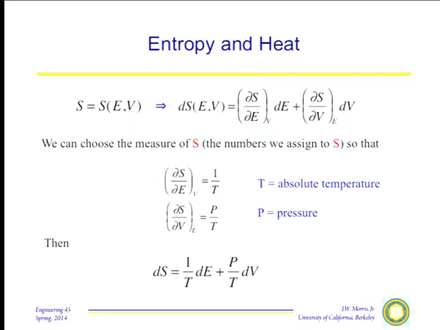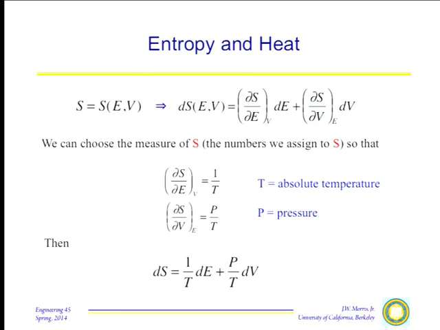That's how we measure temperature. We bring a thermometer into equilibrium with the system. If I take two systems and one has a higher temperature than the other, then heat will be spontaneously conducted from the high temperature system to the low temperature system. What I will show you in just a minute, it's easier to show in terms of the conditions of equilibrium, is that this derivative, the partial of S with respect to E at constant volume, has the property of reciprocal temperature. Similarly, we'll find that dS/dV at constant energy is the pressure divided by the temperature.